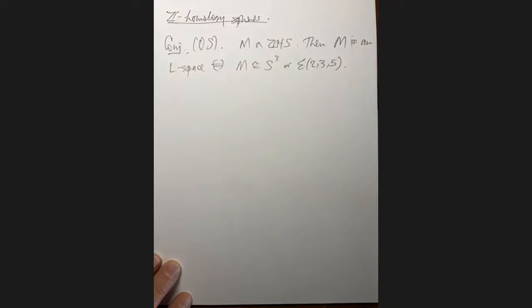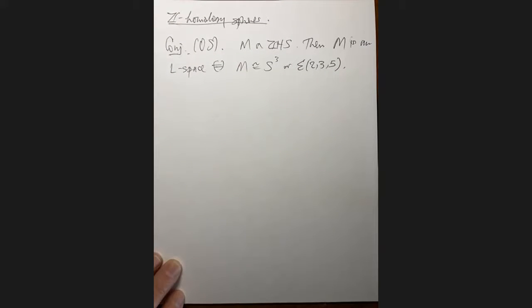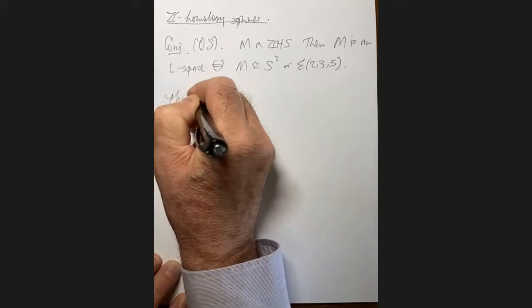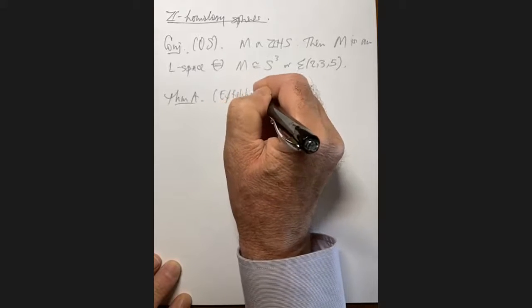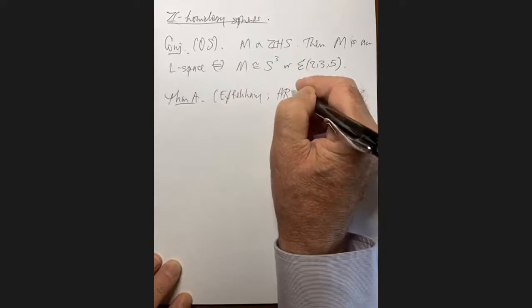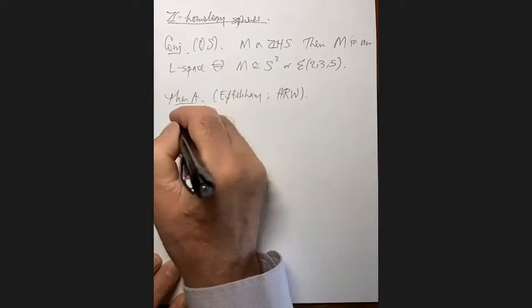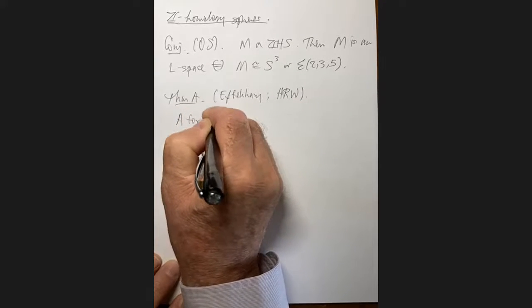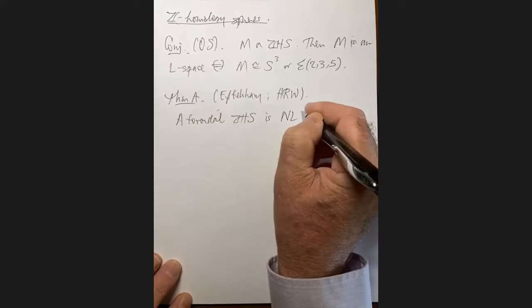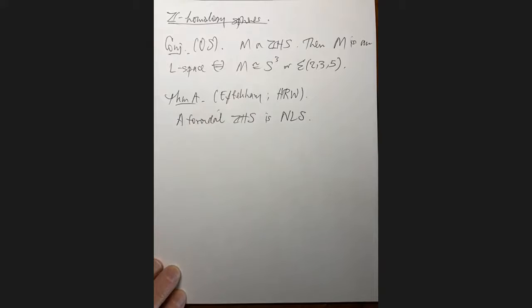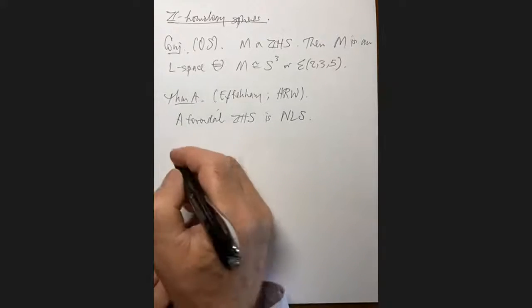So in particular, if M is toroidal, if it contains an incompressible torus, then it shouldn't be an L space. And this is true. This is a theorem of Eftekhary, also proved by Hanselman, Rasmussen and Watson. And it says that indeed a toroidal integral homology sphere is NLS. Okay. So by the L space conjecture, one expects it to be LO and CTF. And so that's the first theorem that we proved.